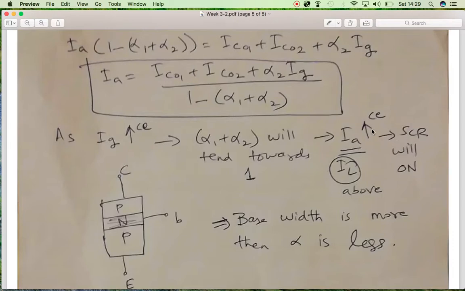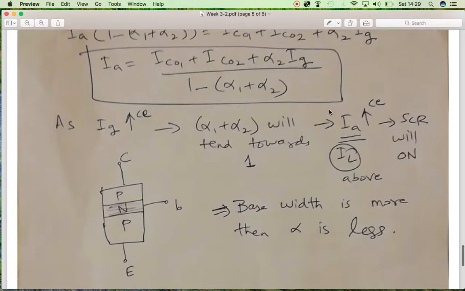And for turning on SCR, IA has to be greater than the latching current, which will be discussed in future. When the anode current is greater than the latching current, then the SCR will be on and it will be in the conduction stage. So the question over here is how, when IG is increased,